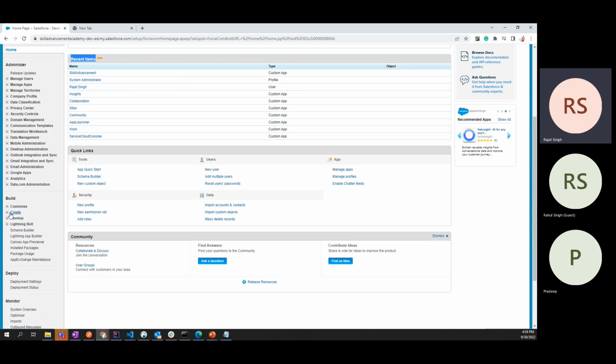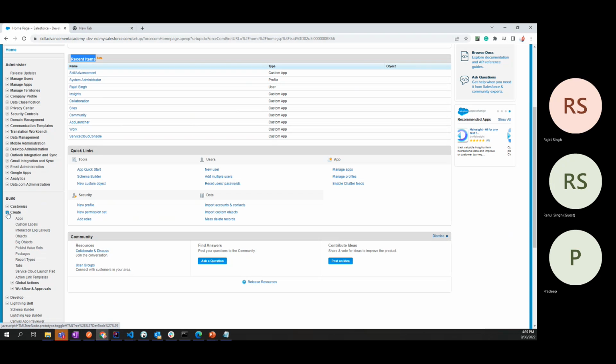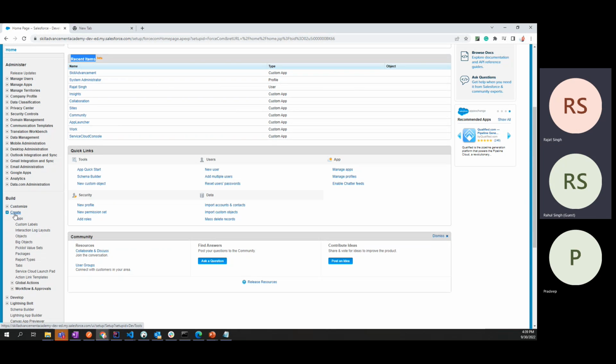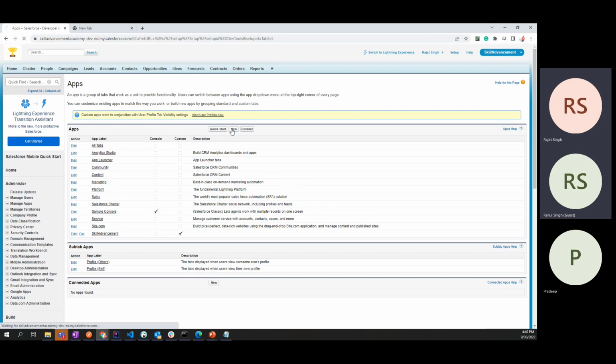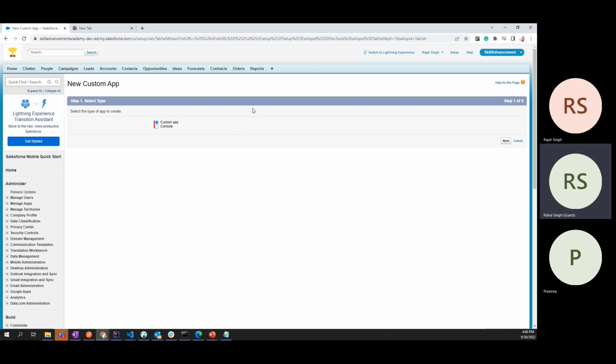To create an app, you can go to build, create. Inside build, you are playing with the organization system; you are creating a new thing. As you are creating a new application, you will go and click on apps, and then you will see there are different ways to create an application. We don't prefer quick start, you can do it, but the new button will give you the whole 5-step process